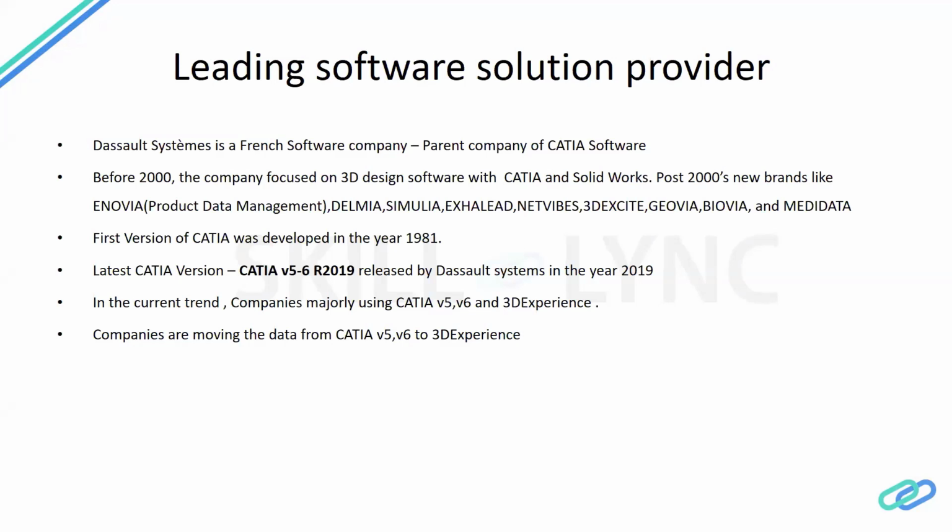Here the easy thing is that a company develops the design and stores it in the hub of CATIA V5 and V6. They can move all the data to the 3D Experience without any big hurdle. And also the 3D Experience is cloud based, so they can use cloud based database management.